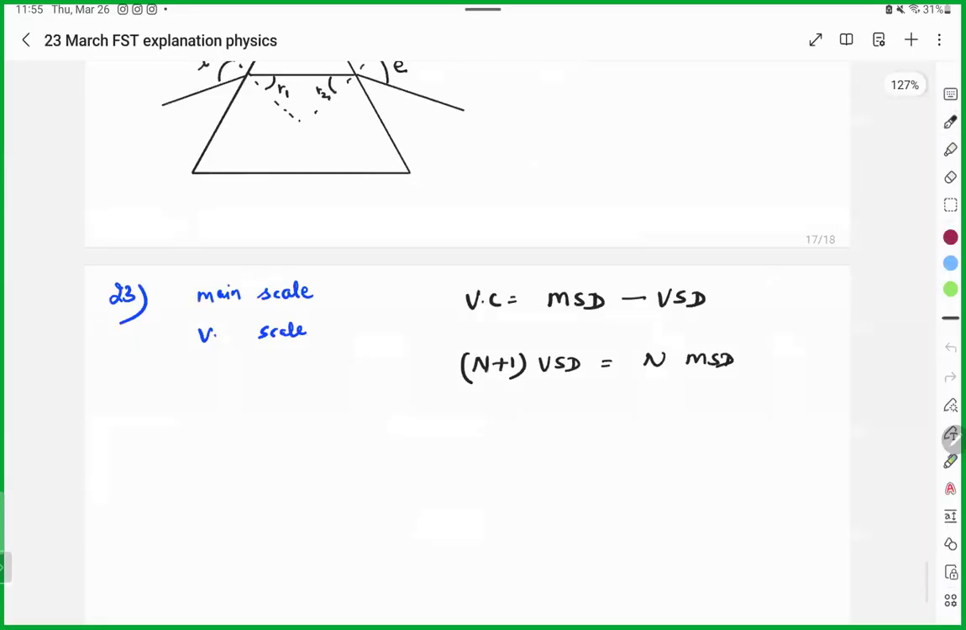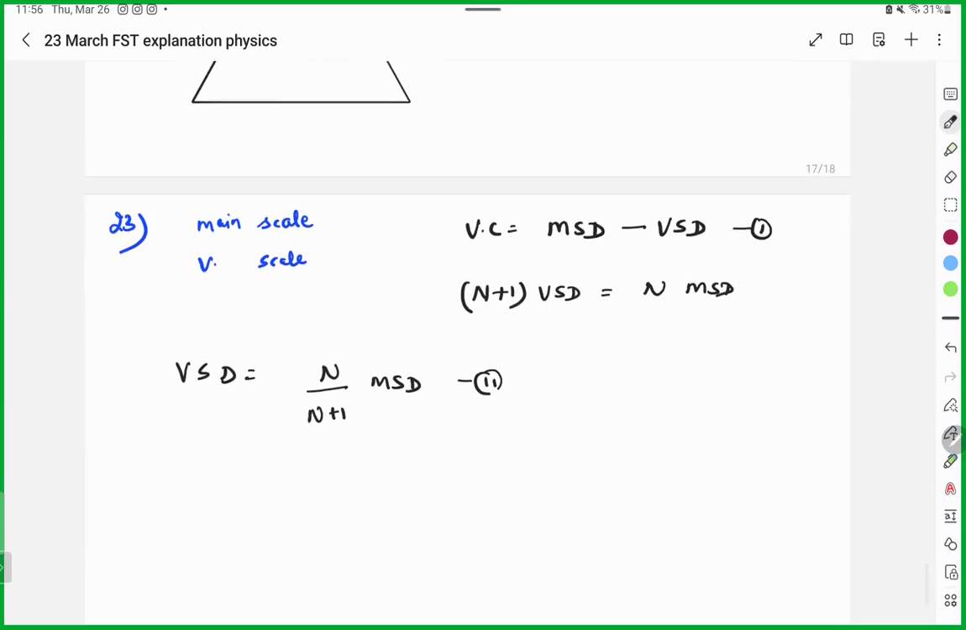If you calculate the vernier scale division, ऐसे लिख दिया ना मैंने, vernier scale division, what will be the value? n divided by n plus 1 MSD। Any doubt? So we have two situations, this and this। Put VSD value over there। तो वर्नियर कैलिपर की वैल्यू कितनी होगी, कांस्टेंट कितना होगा? MSD minus, instead of VSD we'll write n by n plus 1 MSD।